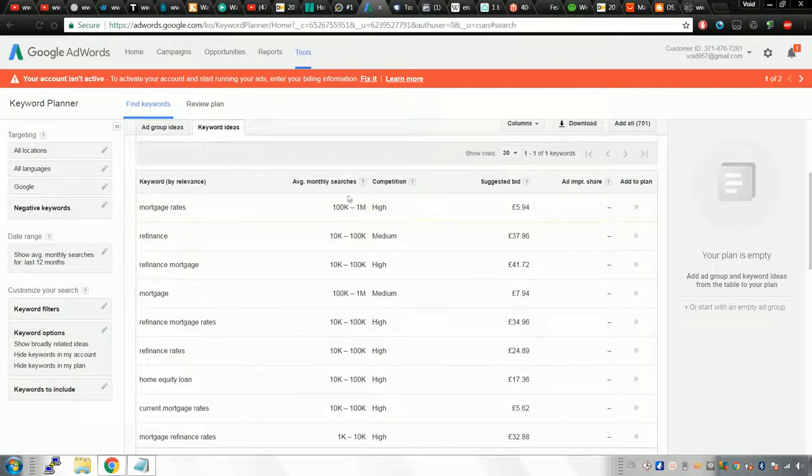So here we can see the average monthly searches and the bids. It's quite expensive on Google AdWords. It's way cheaper on Bing Ads because they're not as big and it's not as refined. But what you can do is,